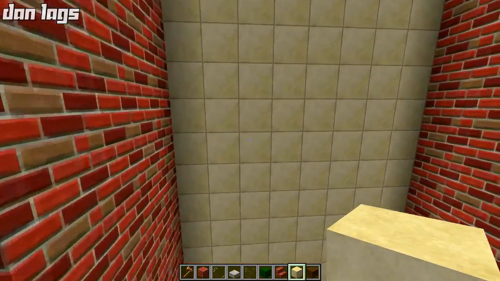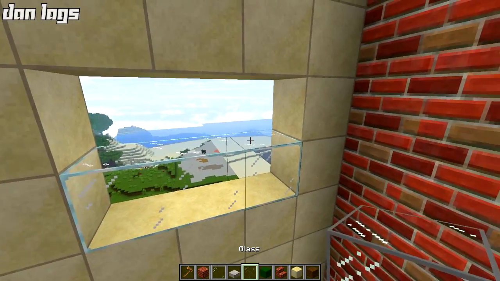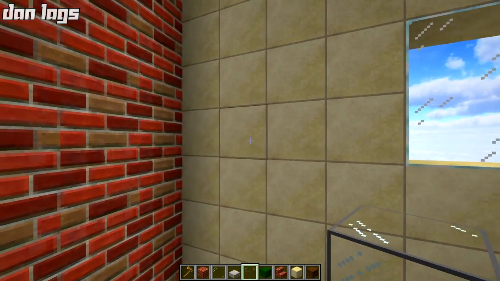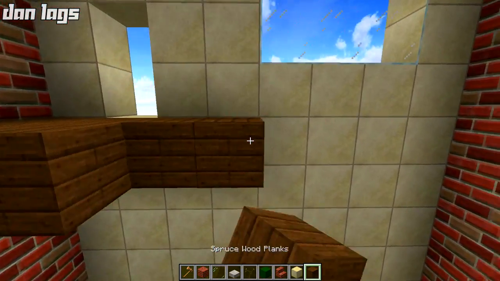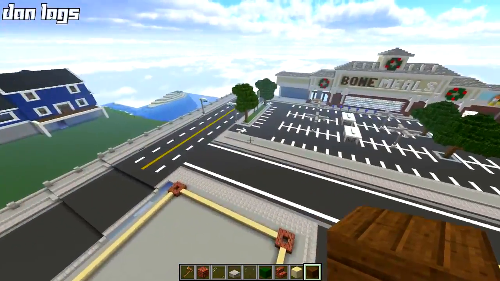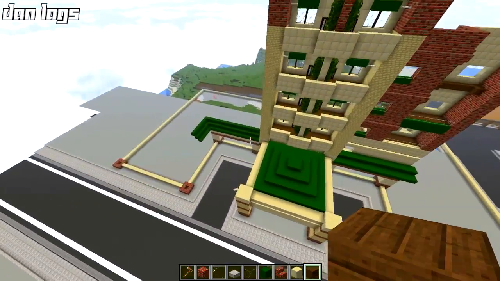All right, so let's do the next level right here. Just punch open this 3x2, get it filled in. This is the hotel design. This is not gonna be a small build, so this is gonna take some time to make. You guys saw it. Let me just take a step back here. The entire border has already been laid out for this thing, so it's gonna be a